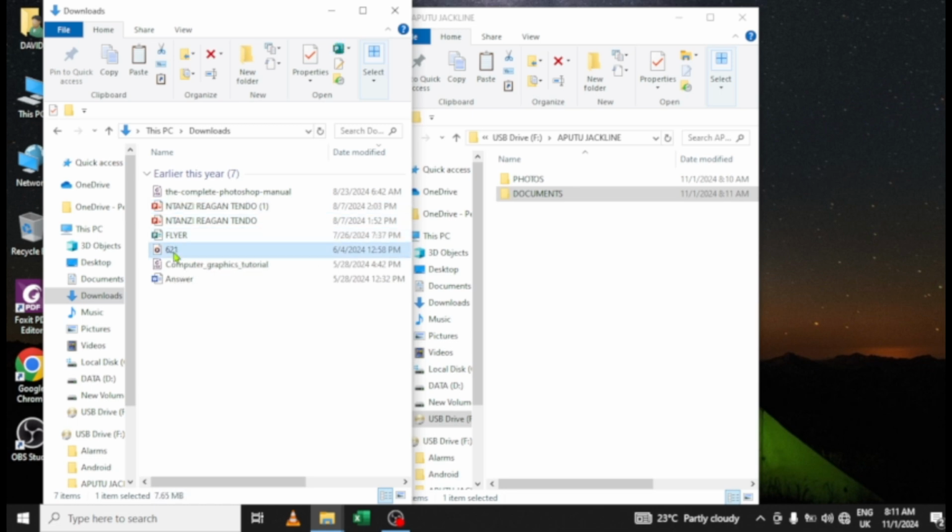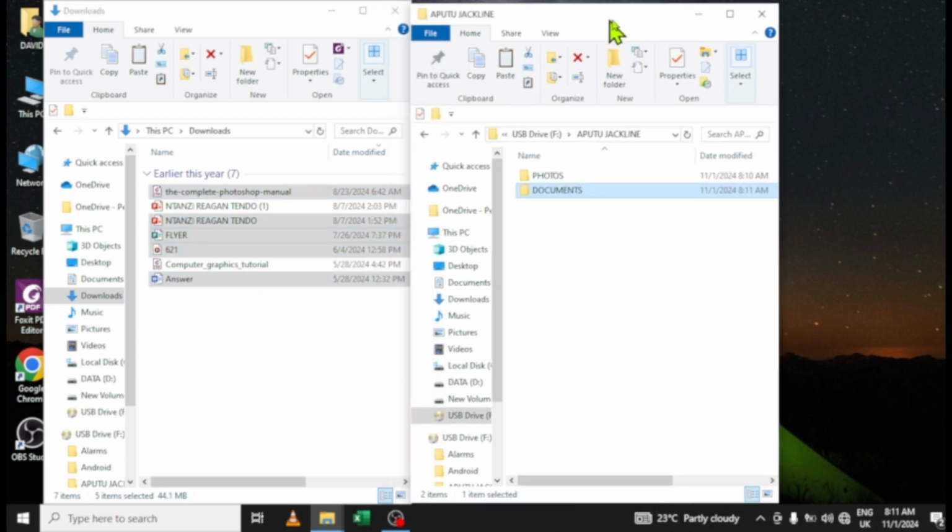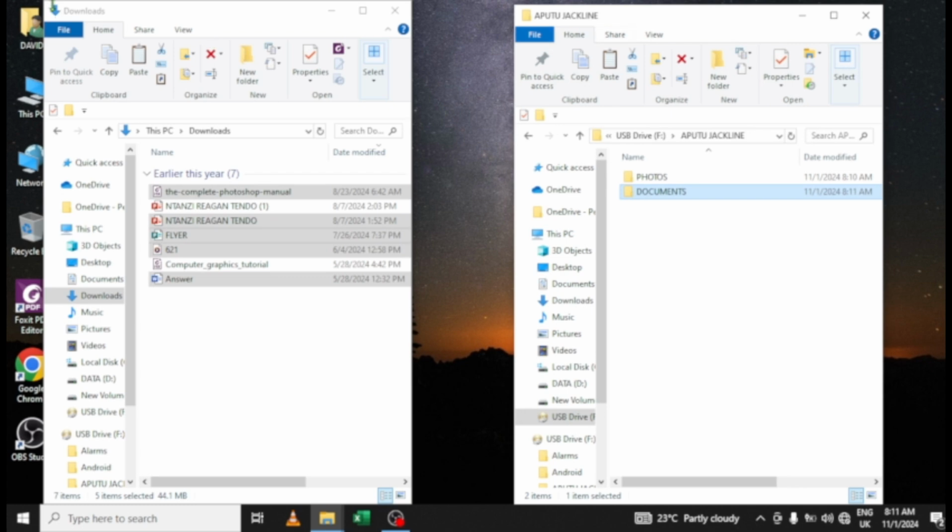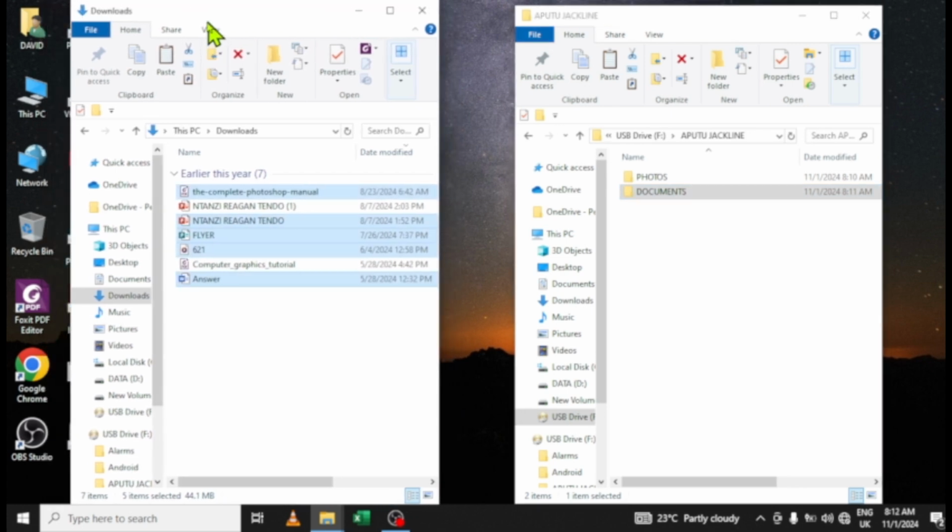But before I select and copy them or drag them, I'm first of all going to open that folder documents, the other side, and then I will drag and drop them onto the folder. So I select the first file, hold down Control, keep tapping on the files that I want to transfer. Then after doing it, I'll be dragging and dropping. But like I've said, I'm going to first of all open documents folder, and after opening it, I will drag